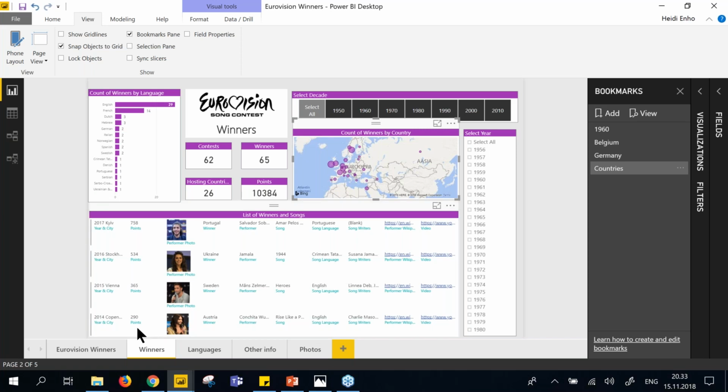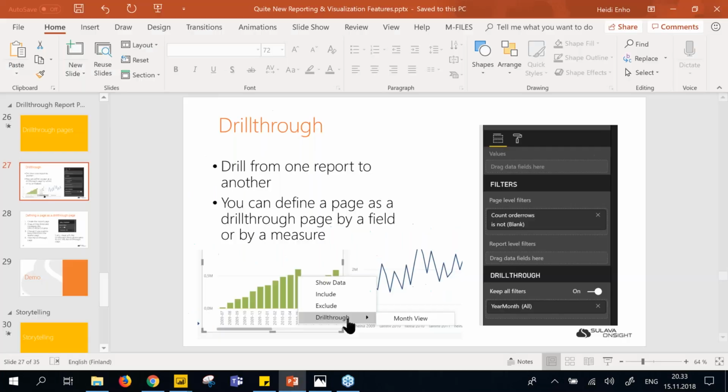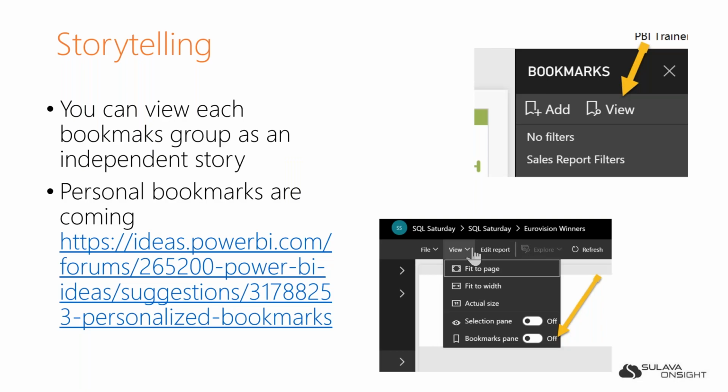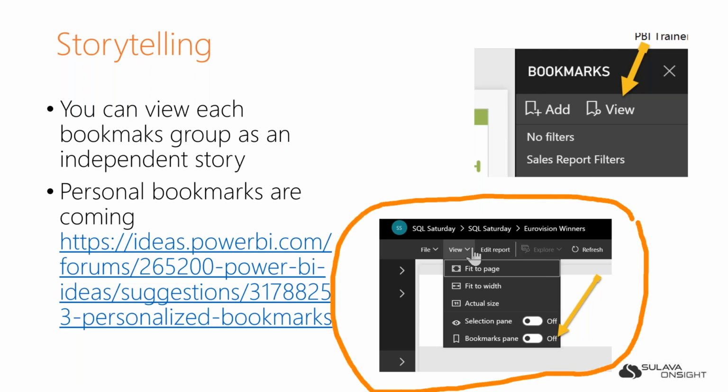And I did have a picture here showing, yes, I have. So when the users view your reports, they can choose View and Bookmarks Pane. And in the Bookmarks Pane, they can then click View and start viewing the story in that direction. You have built it, but while we are waiting for them to be able to build their personal bookmarks,